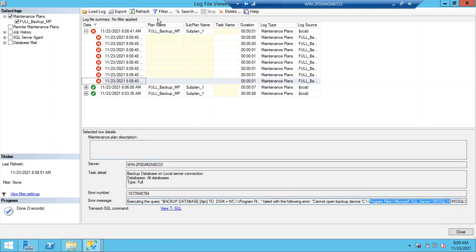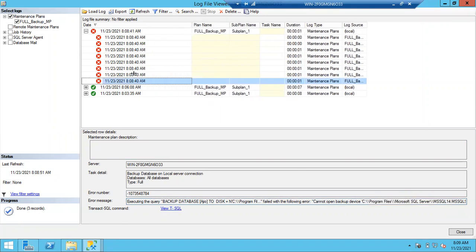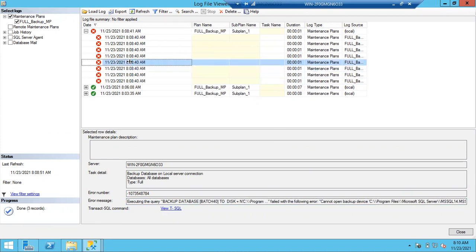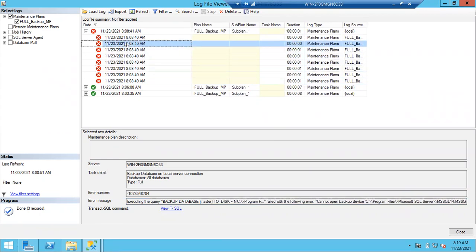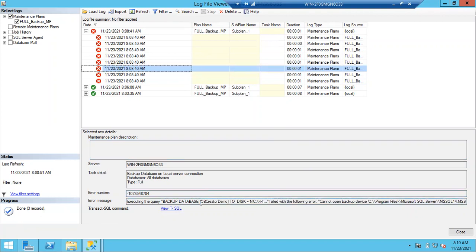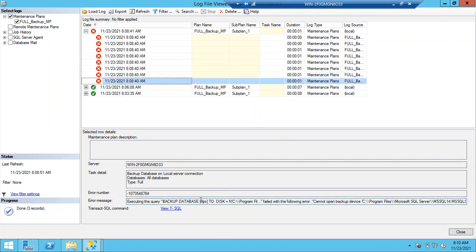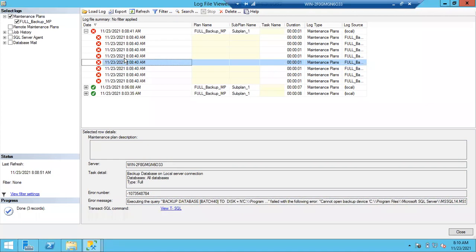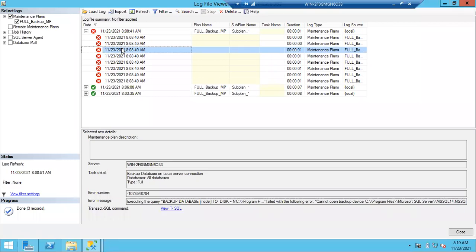Again, for every database you will get the error, guys. So why are there this many errors? For each database, one error is generated. So that's why you can see here, Create demo, one database, Flipkart, one database, and Azure, one database. Like this, for every database it will generate an error, so that you can easily check in case one specific database fails at any stage. Okay, clear guys? Any issues, any doubts, how to troubleshoot maintenance plans and all?